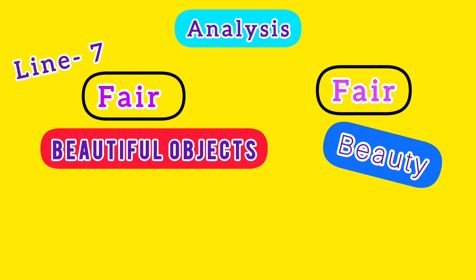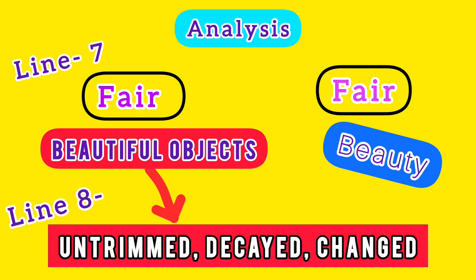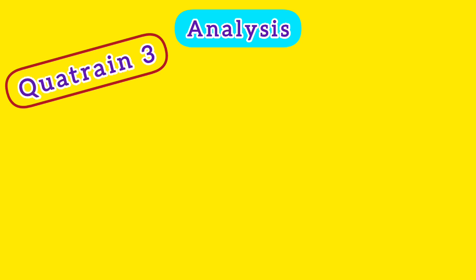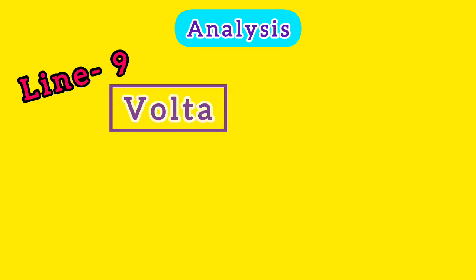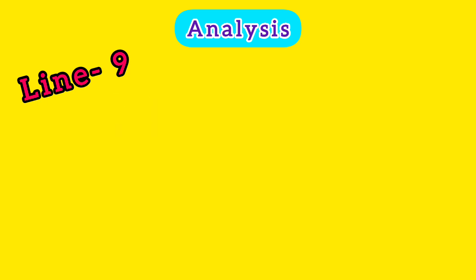And line number 8 is a continuation of the last line. And here the poet speaker depicts that beautiful objects sometimes get untrimmed, decayed, or changed just due to the changing course of nature or by chance. Dear viewers, now quatrain 3. So in line number 9, which is also called volta, as it brings the twist in the poem, he confirms